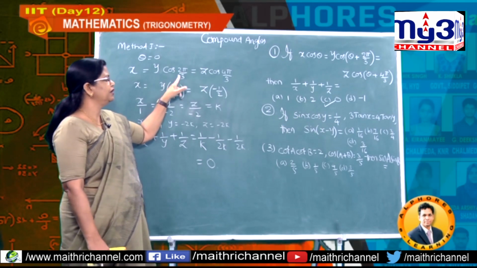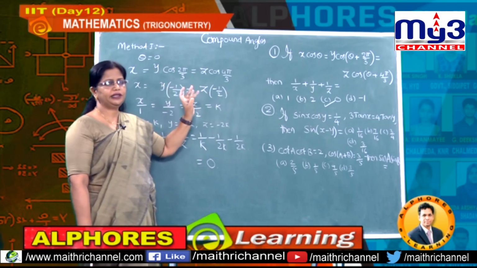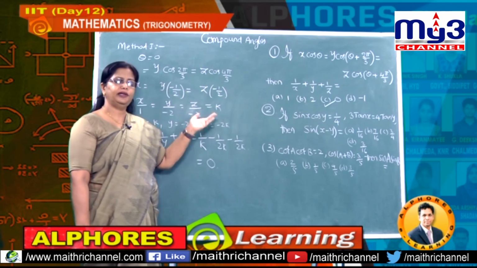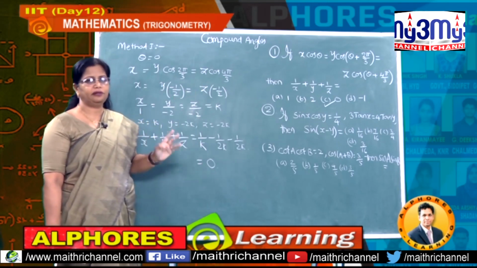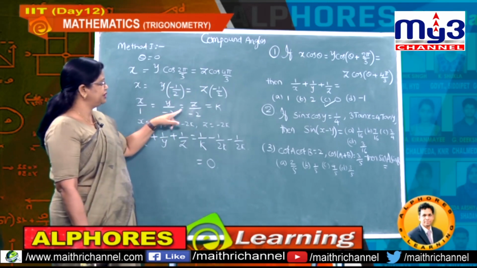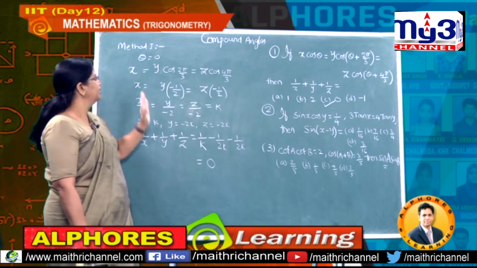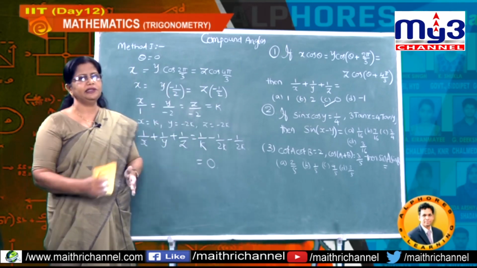Therefore, if you take theta as 0, the problem is very simple, and you should remember many times these are repeating, that is why cos 2 pi by 3 is minus half, second quadrant, cos 4 pi by 3 also minus half, third quadrant, okay, and therefore we substituted and you got this result. This is method 1 by using theta as 0.